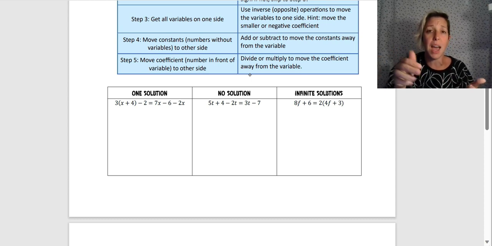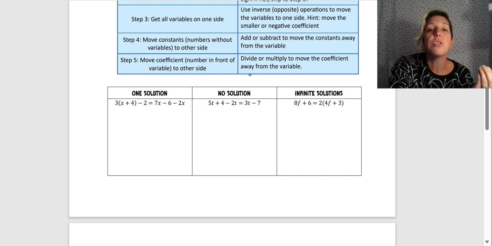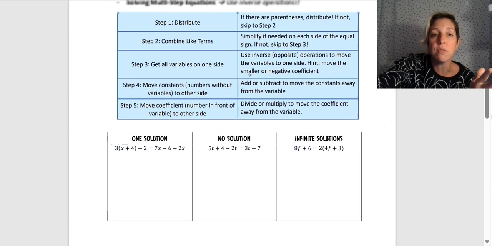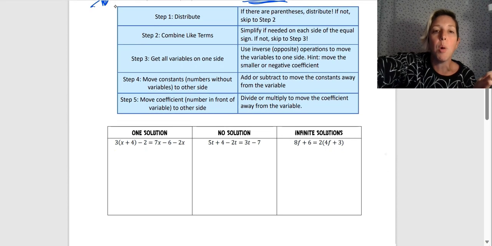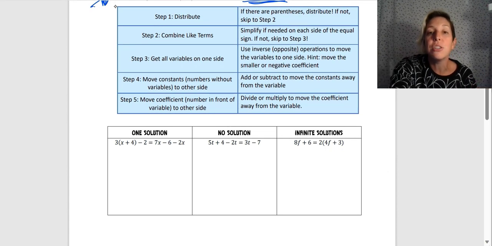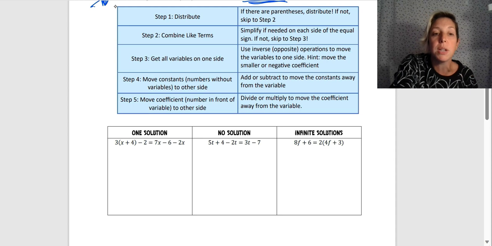So I'm going to talk about that in each of these examples. I'm also going to solve each of these using the steps in this table. Step 1, distribute. I do have some parentheses here, so I'm going to distribute first. That's going to give me 3x plus 12. Write the rest of your problem. Hopefully I can fit all of this in my